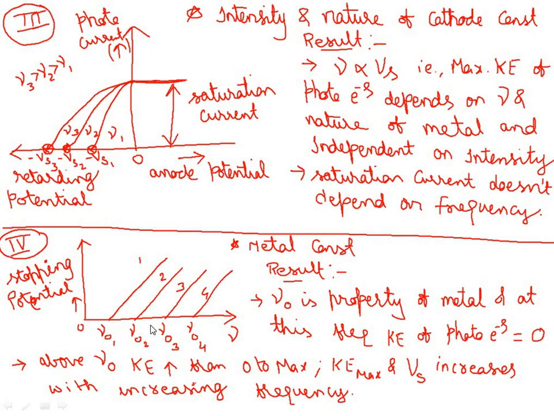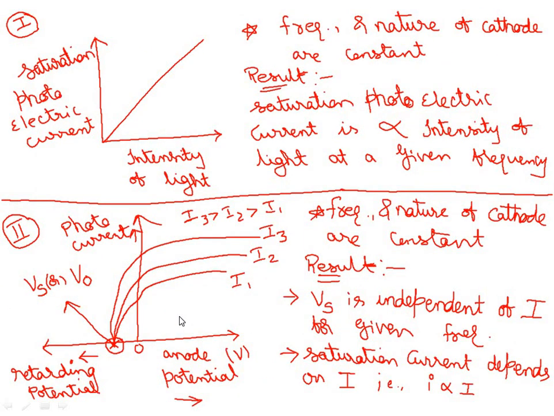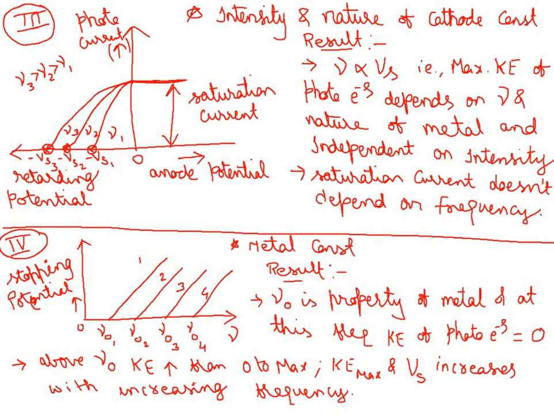So, maximum kinetic energy and stopping potential increase with increasing frequency. Look here, as I am increasing that, the value keeps on increasing. But understand that their slopes are always the same. We will have a detailed discussion about this in the next topic, so that we deal with this graph again. Later we will understand this in detail. So I think now we have a clear idea regarding all the first two, 1, 2 and 3, 4 graphs.